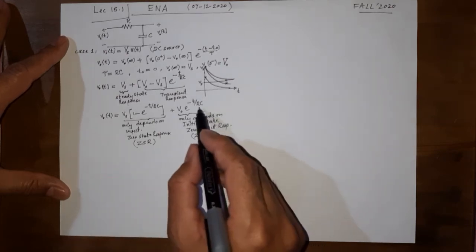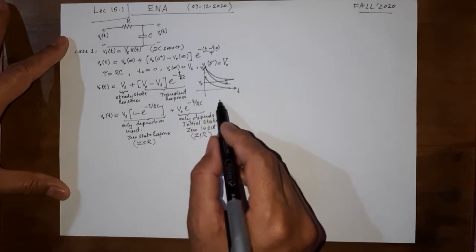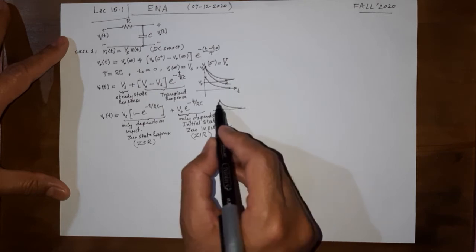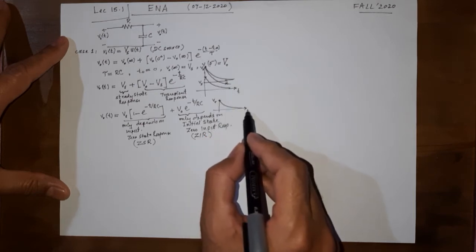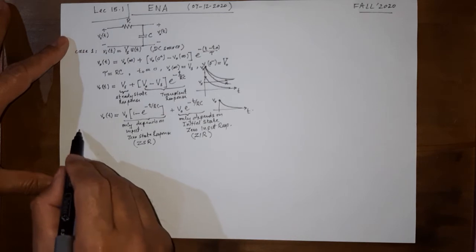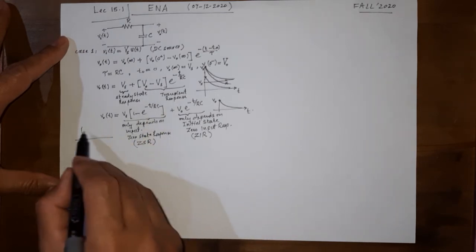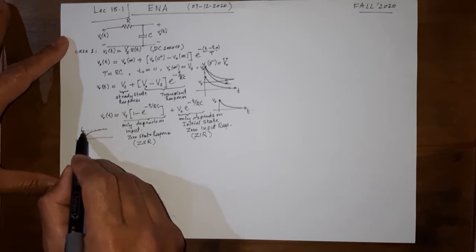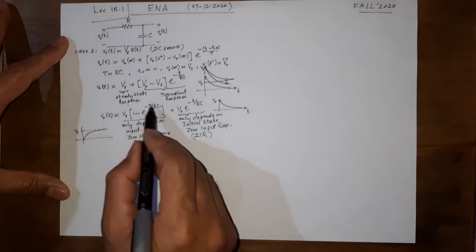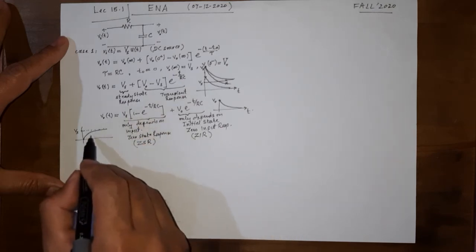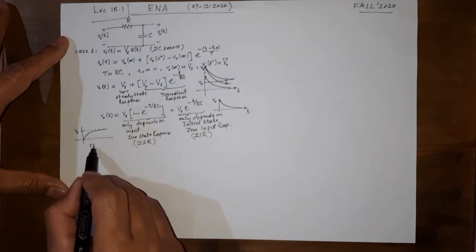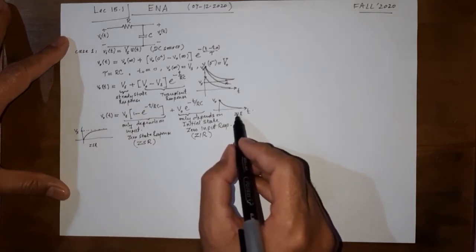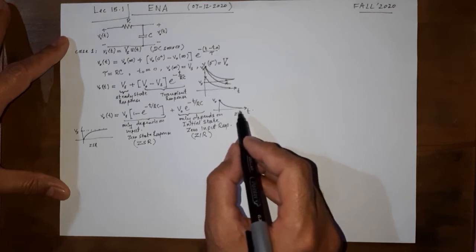So okay, let me also draw these parts as well. You can see that zero input response is a decaying exponent, so it is going to decay and vanish with time. And this part, if we draw it here, is actually a rising exponent that is going to saturate to a value, and that value is Vs, because this part is going to vanish and we are going to get Vs only here at the end. So this is the zero state response and this is the zero input response. The response based on zero input, no input, only the initial conditions.